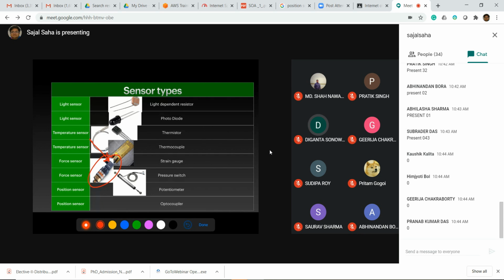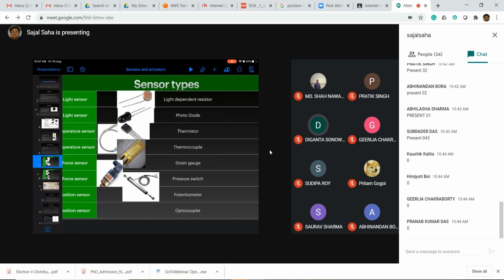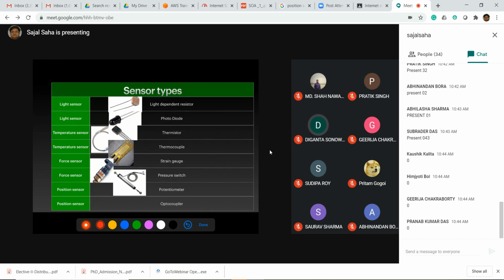Better if I delete this drawing. Just a minute. You can see that nozzle. Now, the nozzle you have seen. So when the water pressure comes, immediately it senses the force and immediately it will open the valve. Here the valve is there and it will open the valve. And when the valve is open, then the water can flow through this pressure sensor.